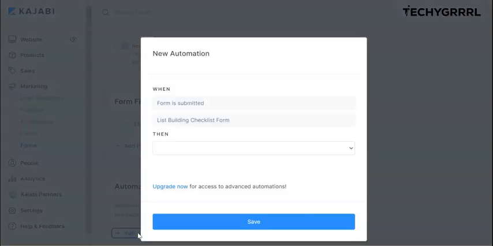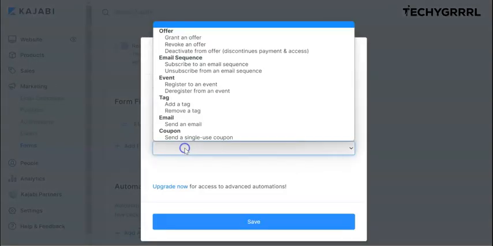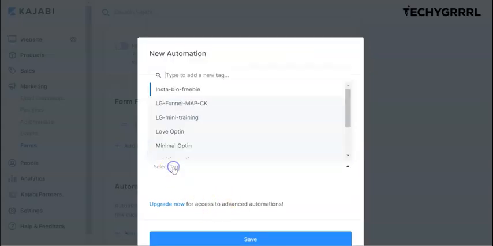Now here is very important. I want you to add an automation like once this form is submitted, I want you to add a tag and to select a tag if you have already created. If not, just simply enter